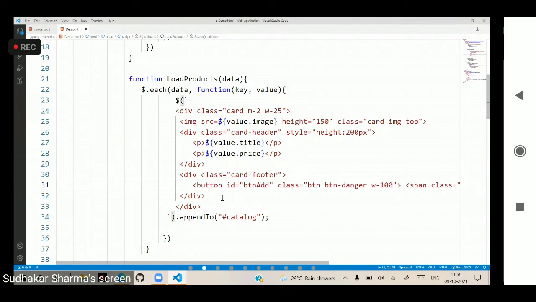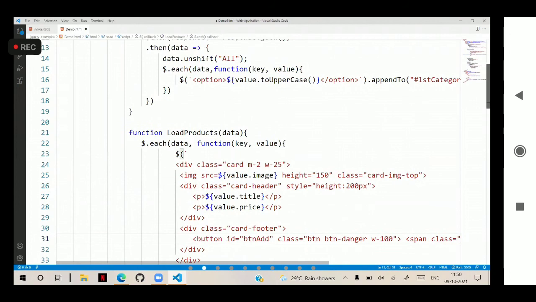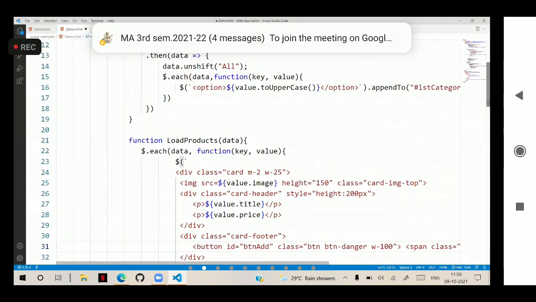Now for this button, we have to write the logic. So I will go to the function area, try to call that button and add that logic there.